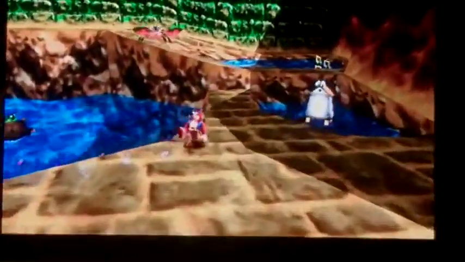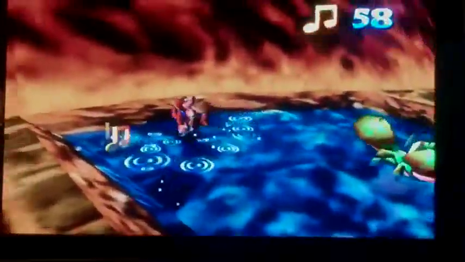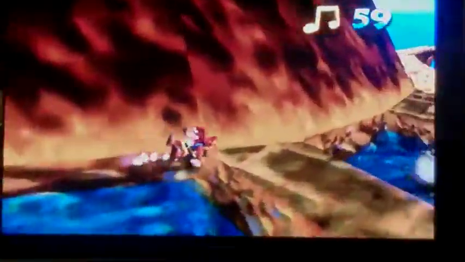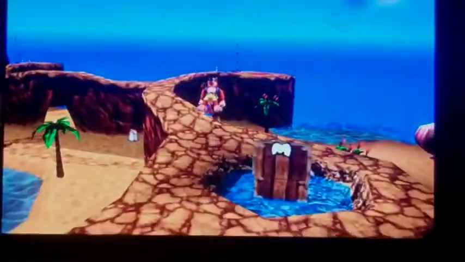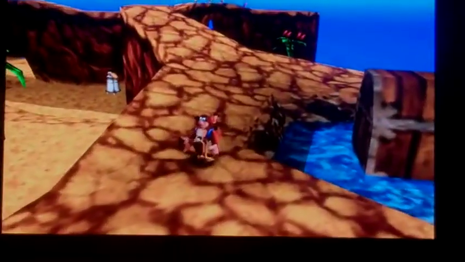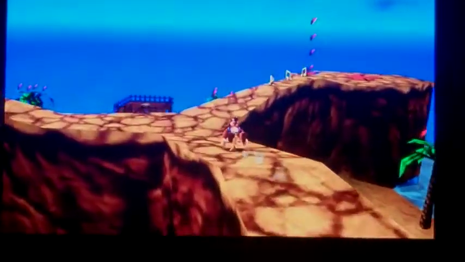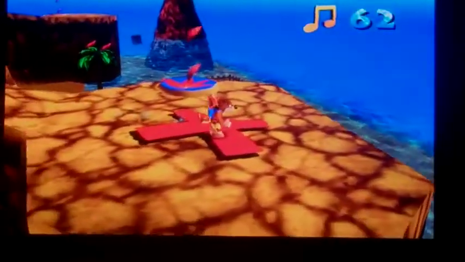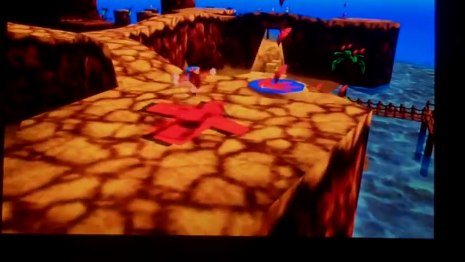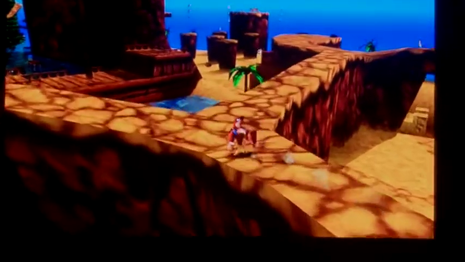So, if you want to fly, or if you want to collect notes, that's your choice. Personally, I'd like to get this done as fast as possible. I don't want to stay in one world for hours like I did with some of my previous playthroughs of this game. But, all you have to do is go to the X, ground pound it, it'll tell you which direction to go, and then you go in that direction. It's a very simplistic puzzle,